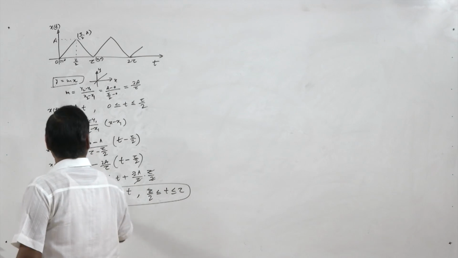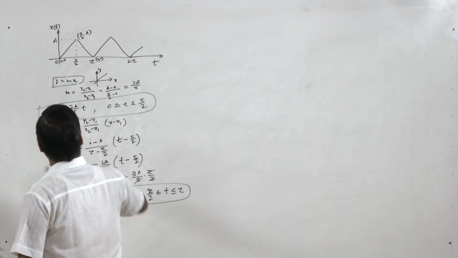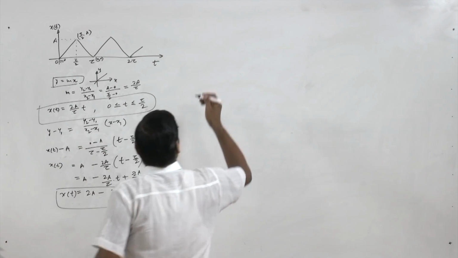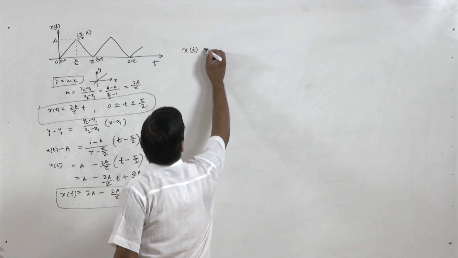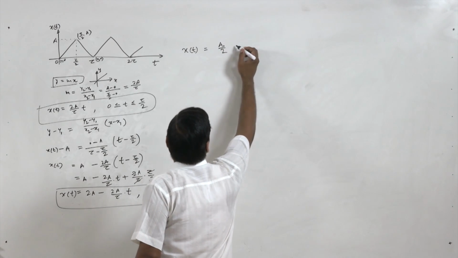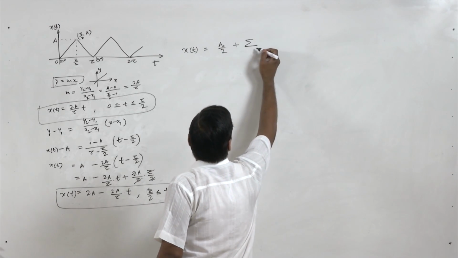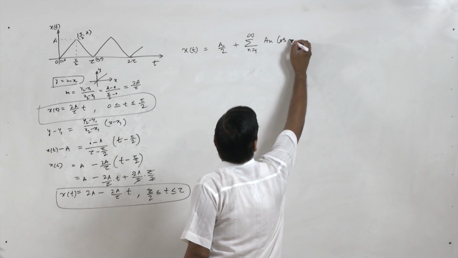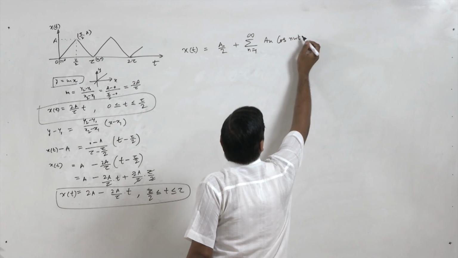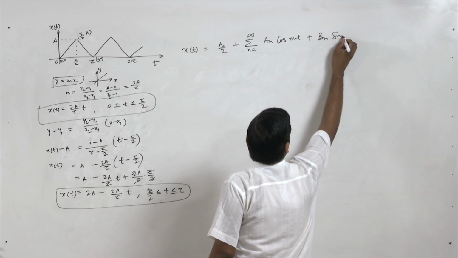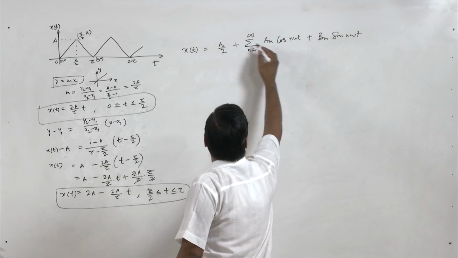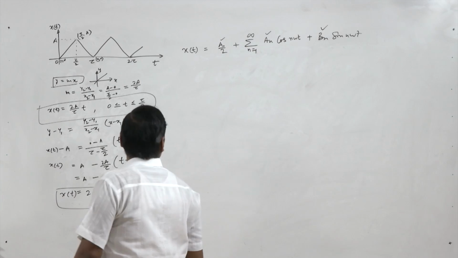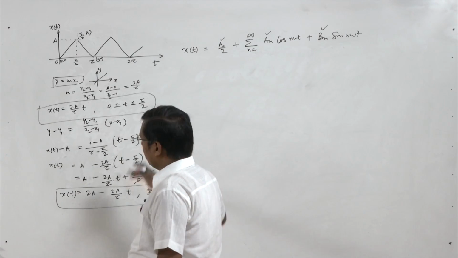So here we have defined this periodic function for one cycle. Now if we want to represent this into Fourier series, we can write this as a0 by 2 plus sigma n equal to 1 to infinity of an cos n omega t plus bn sin n omega t. And we know how to get a0, an and bn by using this xt for these cycles.